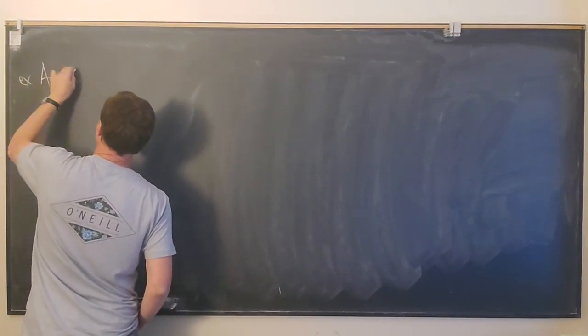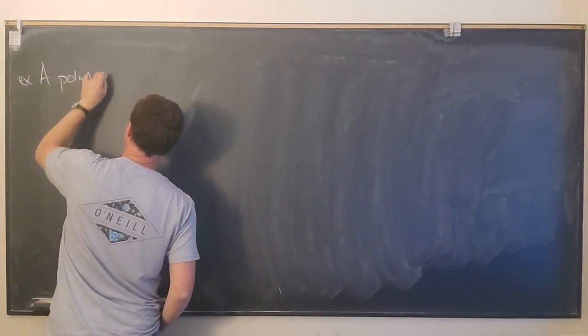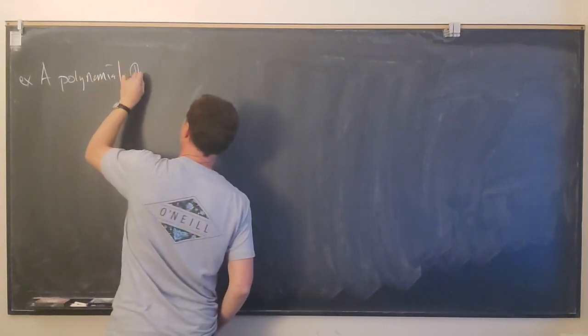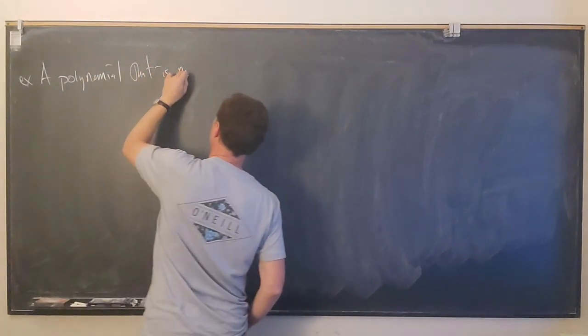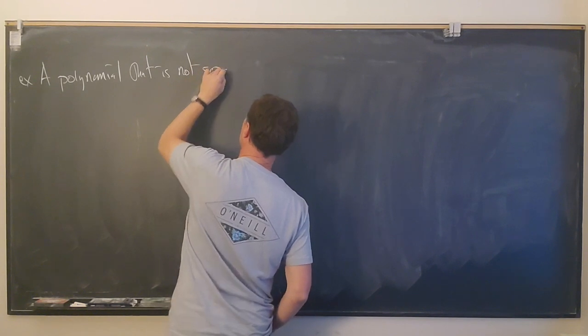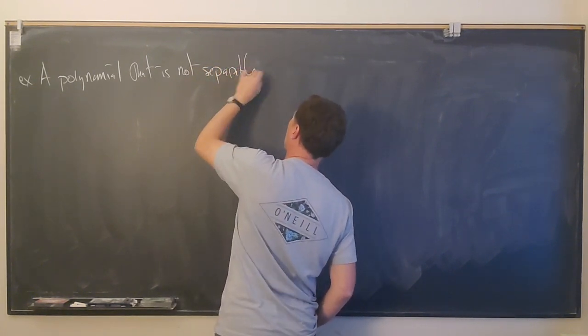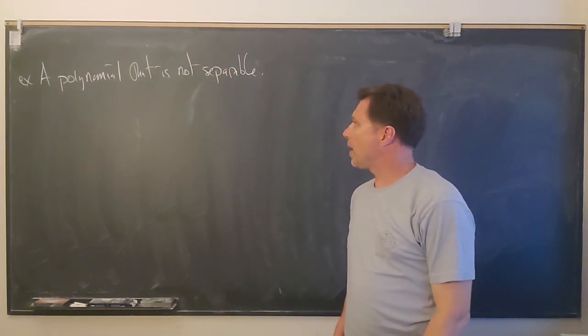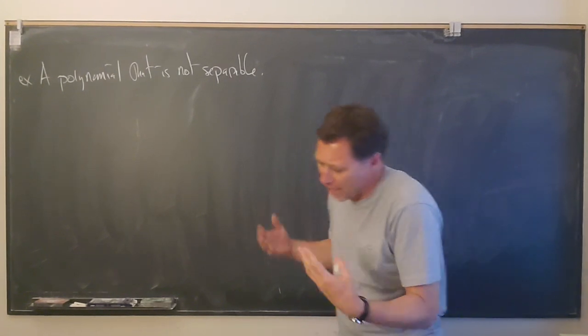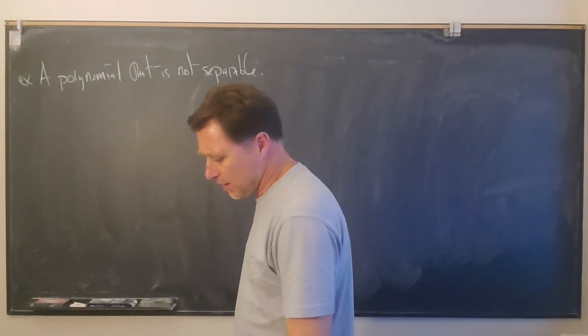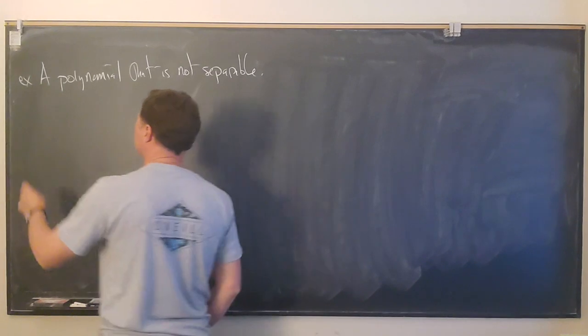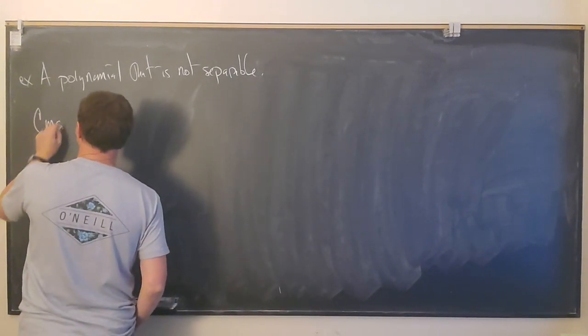A polynomial that is not separable. I mean, it's not that hard of work, but it's not completely obvious. So here's what we're going to do. Let's consider